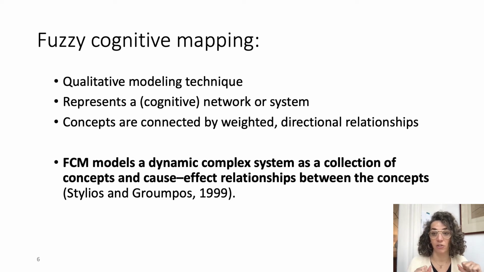Cognitive mapping was introduced as a method to model complex systems that reflects how stakeholders understand cause and effect relationships or influence relationships. So later, after the introduction, fuzzy cognitive mapping combined cognitive mapping with artificial neural networks, known as ANN. And this has resulted in the unique capacity to capture and use the qualitative data to perform quantitative analysis and study system behavior in response to changes of system elements.